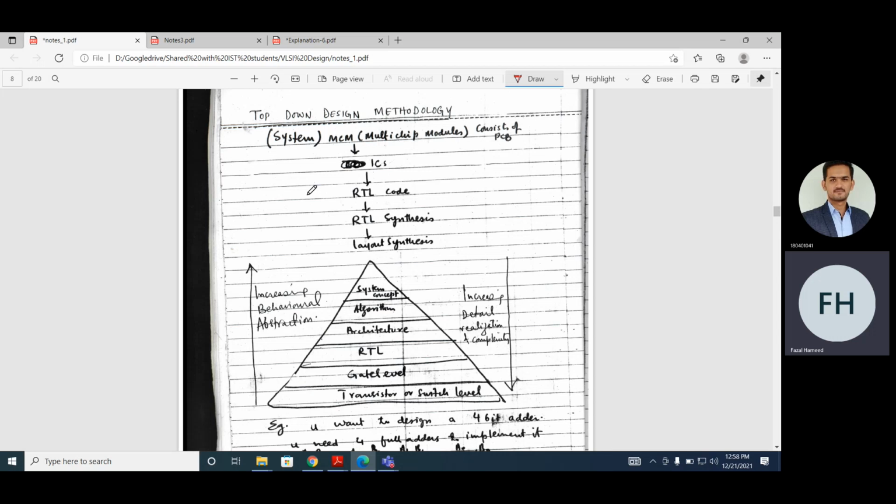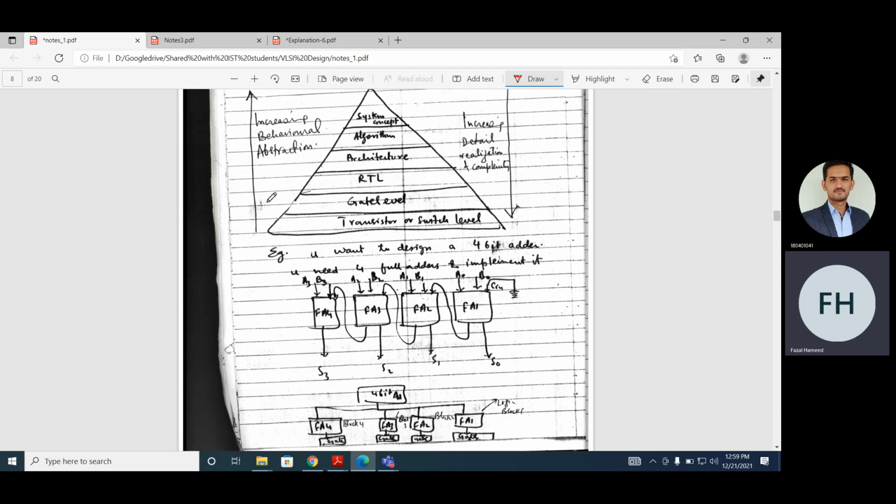Then you can transform it into gate level. Then you have a state table. From that table, you have logic equations. From the logic equations, you have the gate level netlist. And finally, that netlist is transformed into transistors at the switch level. So these are different levels of abstraction. When we are at the high level of abstraction, we are working at the algorithm level. When we go further and further down the levels of abstraction, there are more and more details.